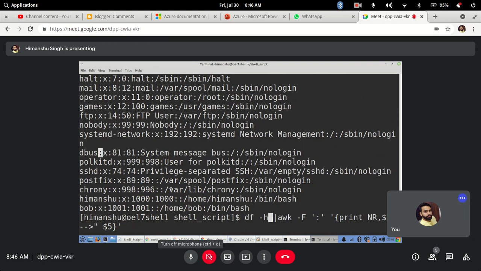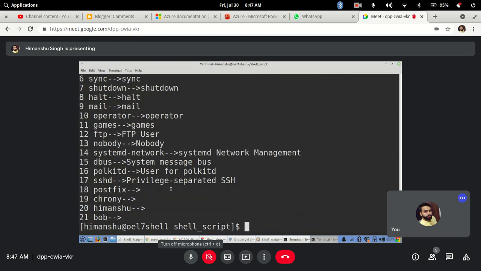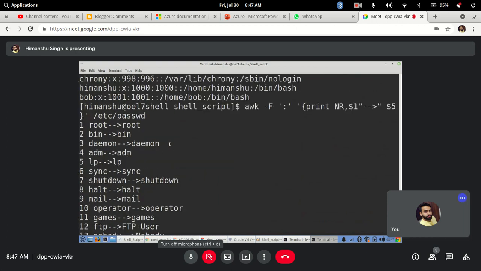Here we are not using df -h, we are using the /etc/passwd file. It will process the /etc/passwd file using the colon as the separator and display the results based on that. Clear? If I hit enter, it will show me the results.